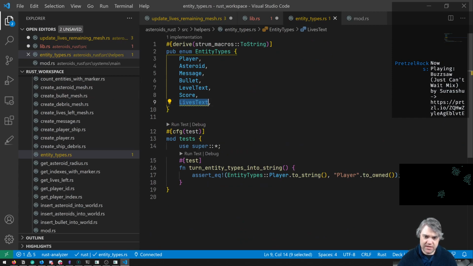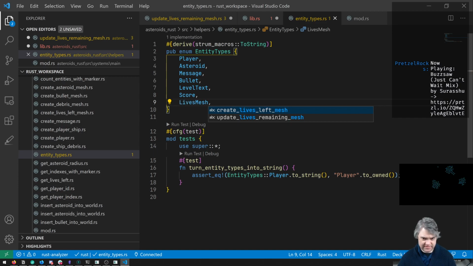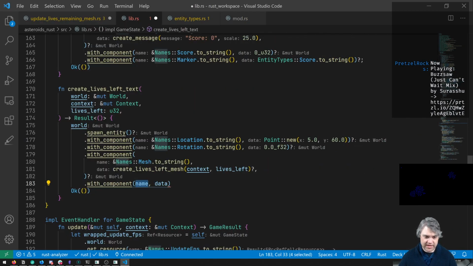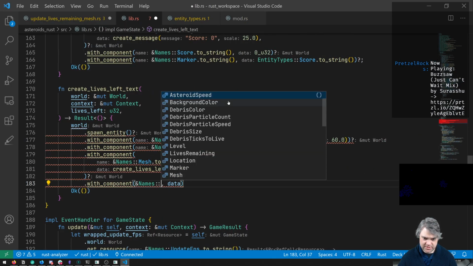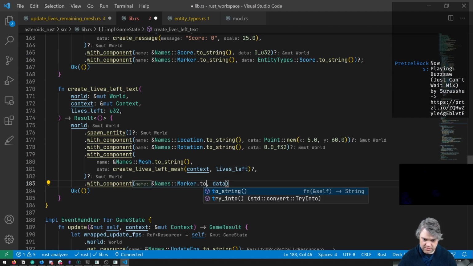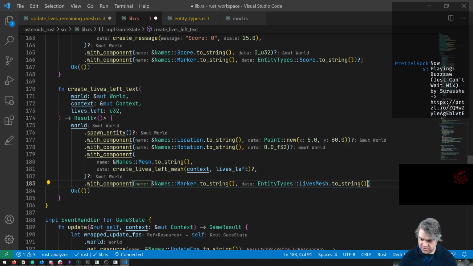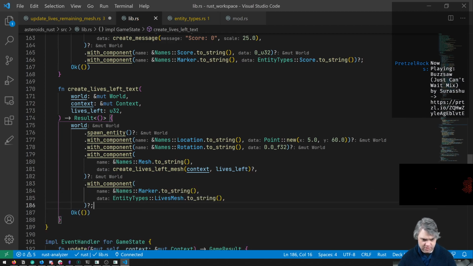This is going to be, let's call this lives mesh instead of lives. Back to here. Okay, with components, names, marker, string. Our data is going to be an entity types, lives mesh, string that. There we go. Okay, so now